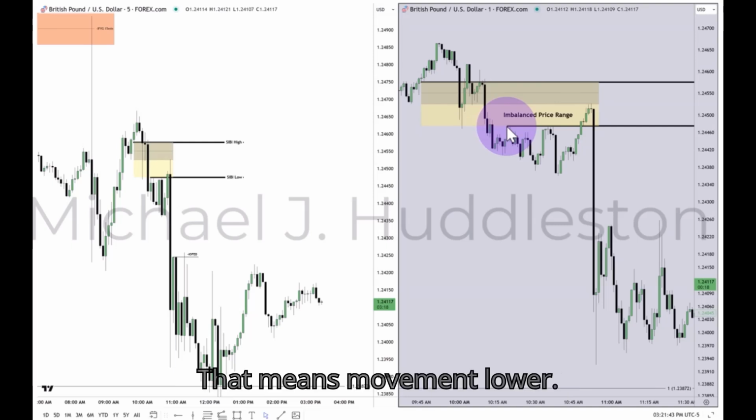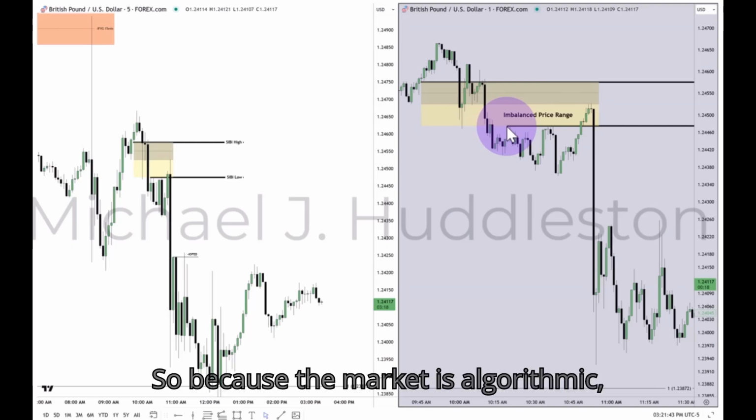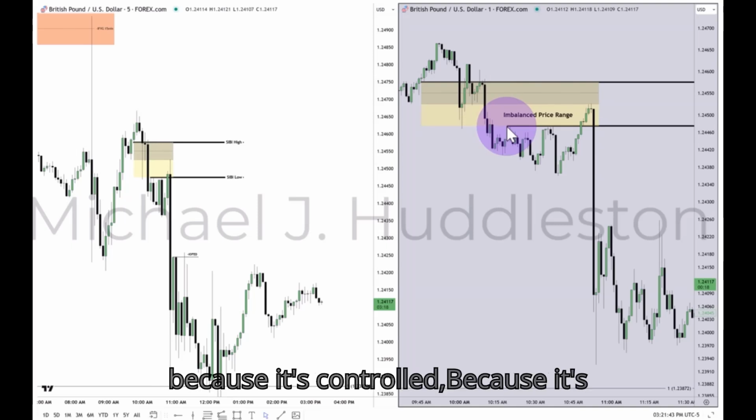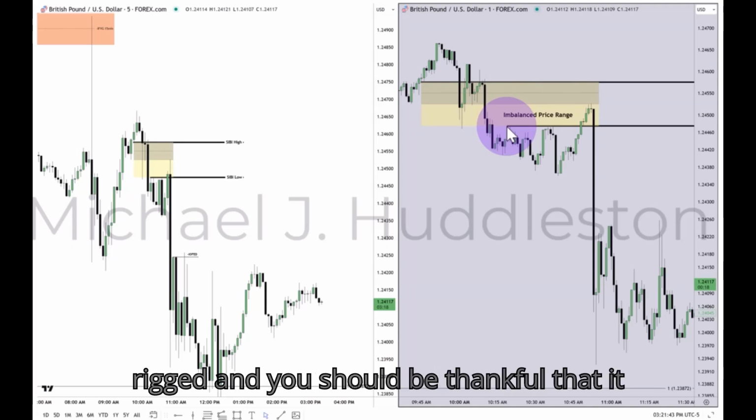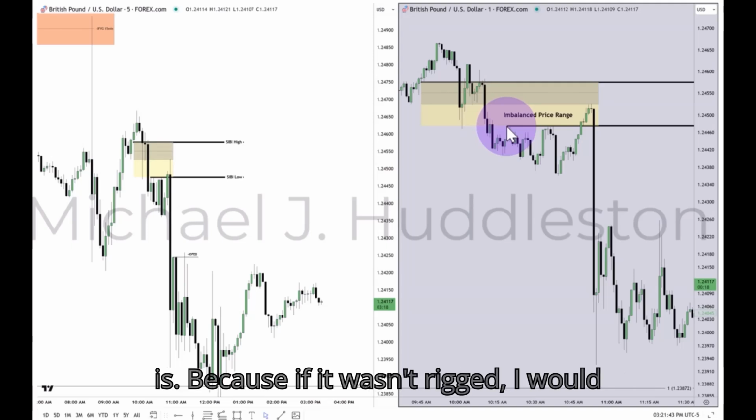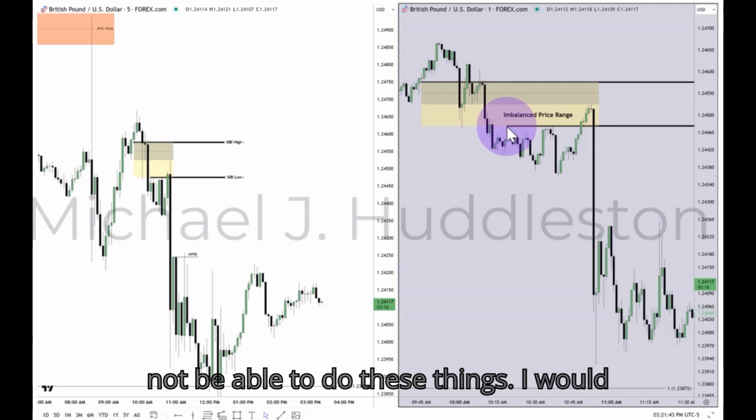That means movement lower. So because the market is algorithmic, because it's controlled, because it's rigged, and you should be thankful that it is, because if it wasn't rigged, I would not be able to do these things. I would not be able